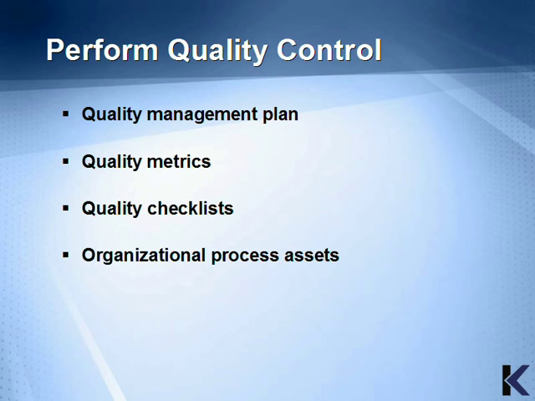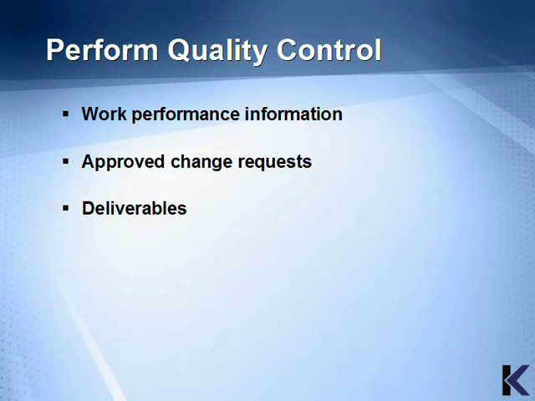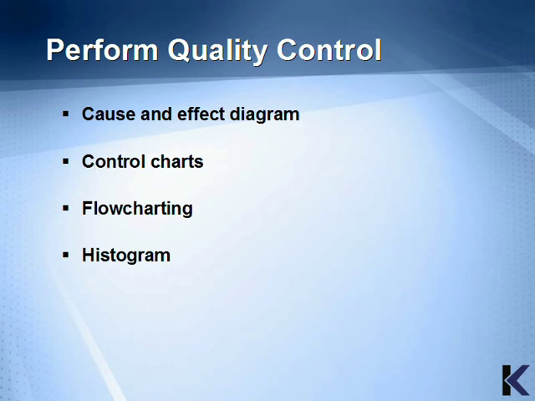Information required to perform this process include the quality management plan, quality metrics, quality checklists, organizational process assets, work performance information, approved change requests, and deliverables. All of those topics should be familiar to you, so we're going to move on to the tools and techniques